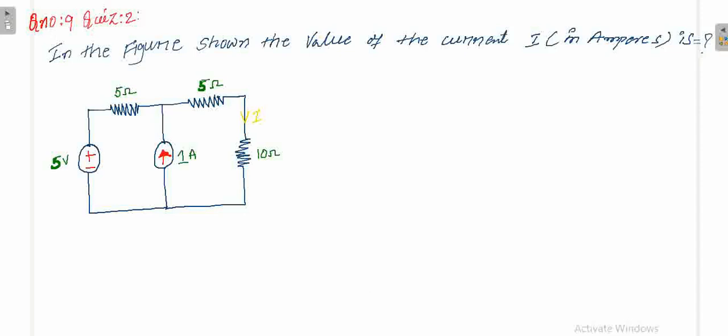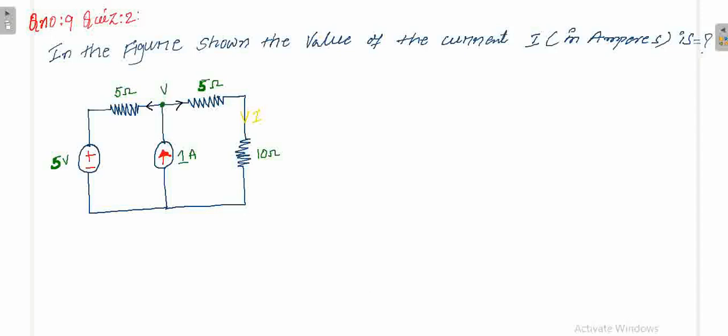So this is a node. Let us assume the voltage at this node is V. What concept do we consider in node analysis? Always consider the current is outgoing from this node. If there is a current source, as in this branch where they have already given a current source whose direction is towards the node, there is no need to change. In the other branches, just consider the current is outgoing.